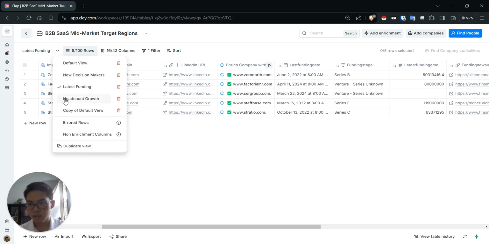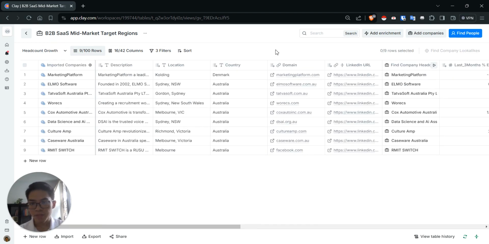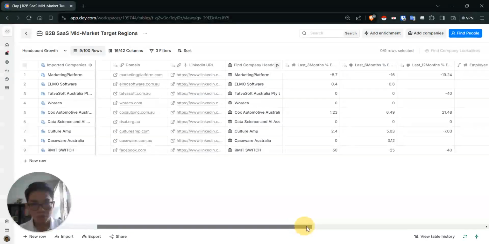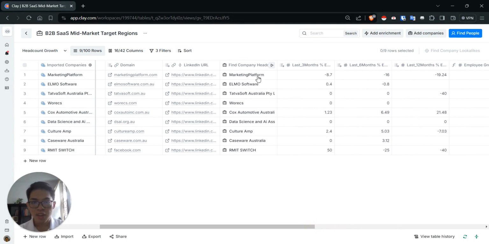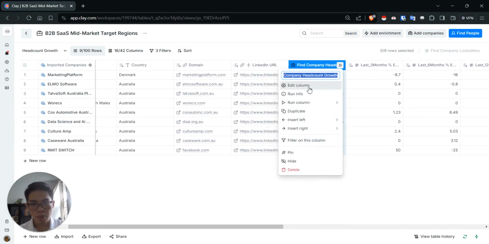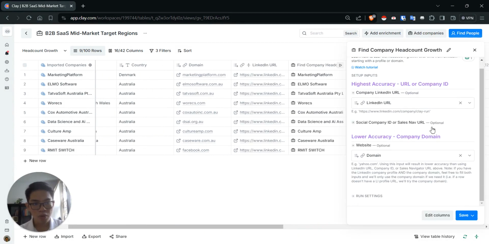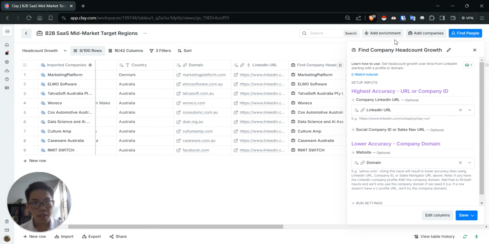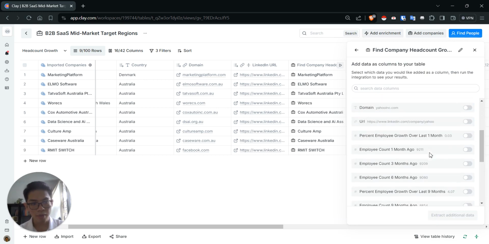and then the last trigger I have here is headcount growth. So what I've done here is that first of all, I have made a new enrichment to find the company headcount growth, okay, from the native enrichment in Clay. All of this you can find from the enrichments in Clay. Okay, and for highest accuracy I use the company LinkedIn URL. For low accuracy I use the company domains, and then from the data that I have gotten from them, okay,